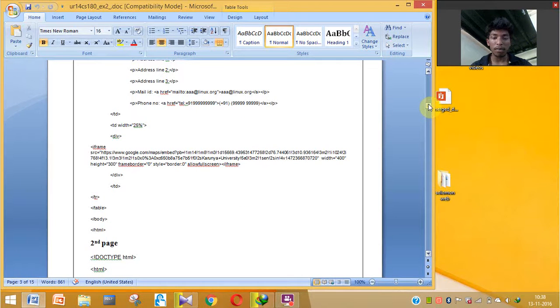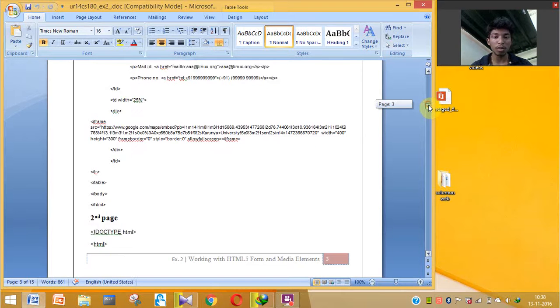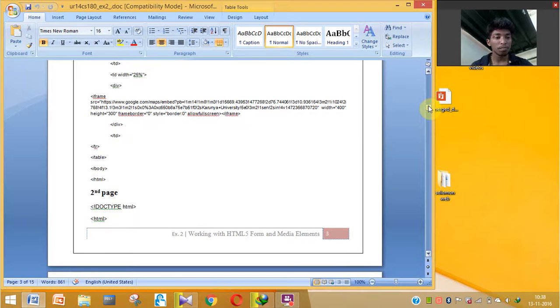Table row and table. We have to use table row and table data for showing values of name, mail, everything, address line. So we have to use table data and table row and iframe. After finishing, we have to close the